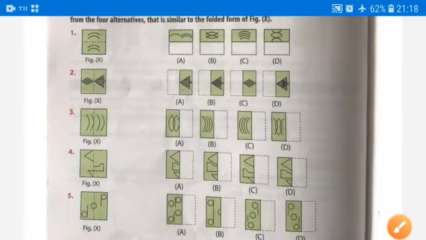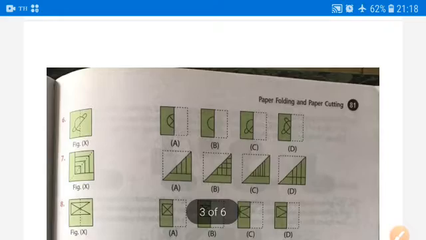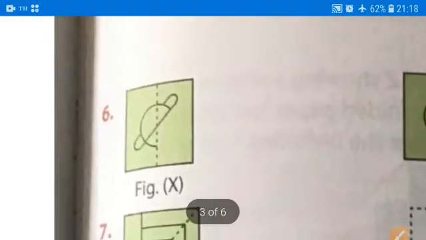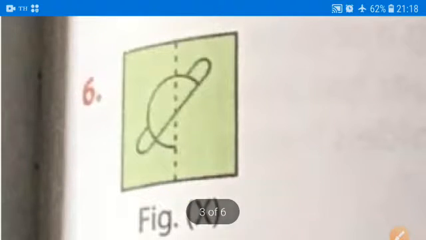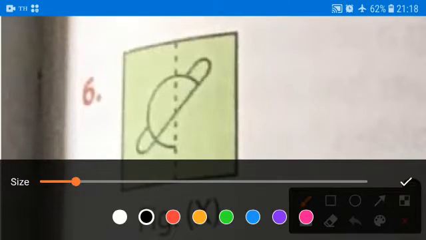Now if we move to the next question, that is question number 6. Same thing we have to do. We have to fold this figure along this vertical line.